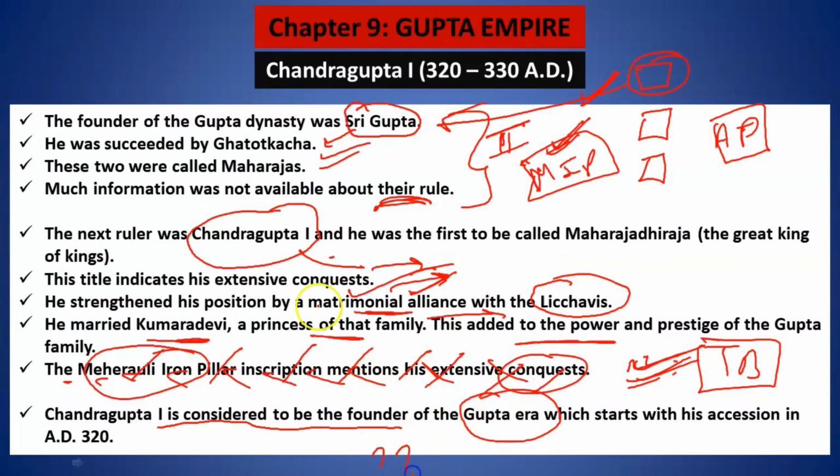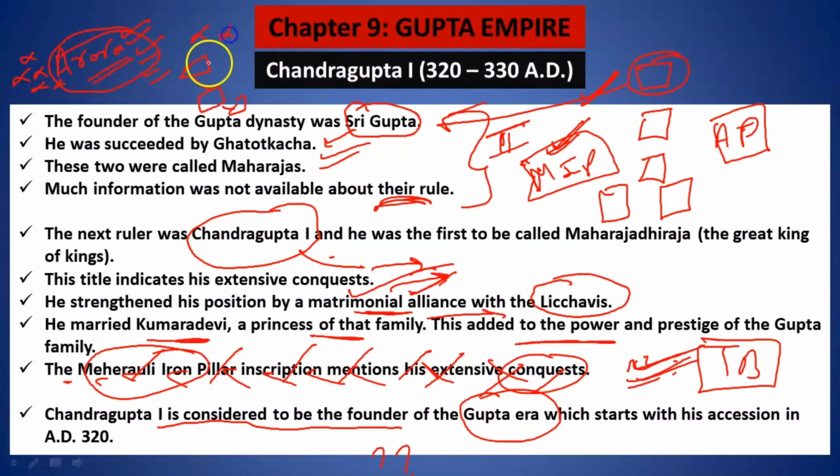Why is it so? It is because you have to understand there is a difference between dynasty and era. I will tell you. Let's say my name is Abhijit Singh Arora. I'm just giving a hypothetical example. Now my surname is Arora. I am not a king, not any emperor. All right. So let's say if I start something, okay. So I will be starting a dynasty. Let's say my grandson, great grandson, or whatever it is.